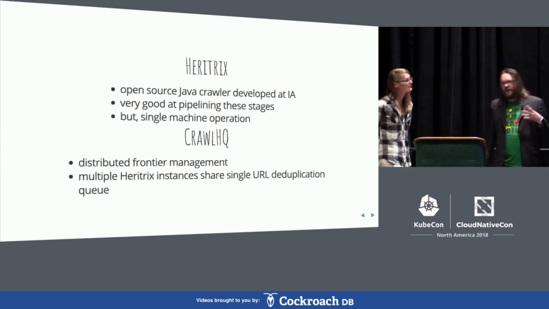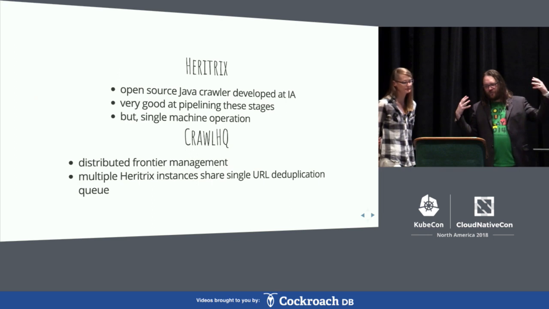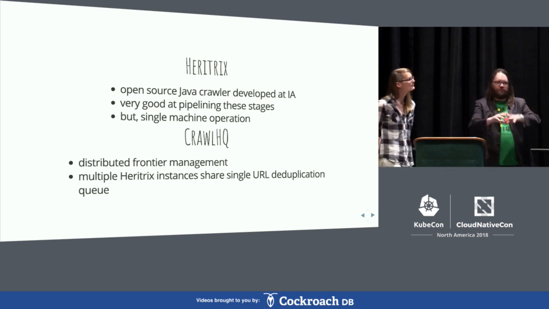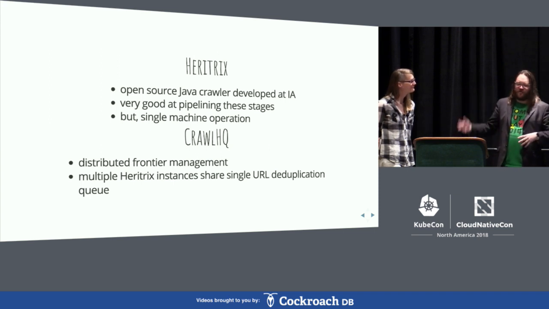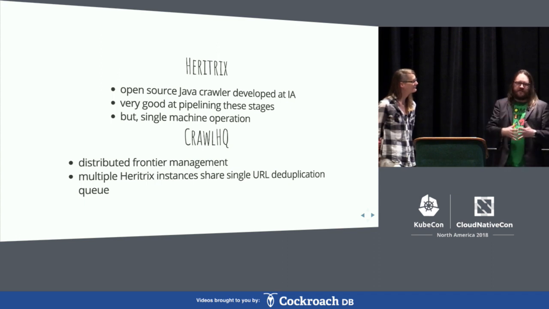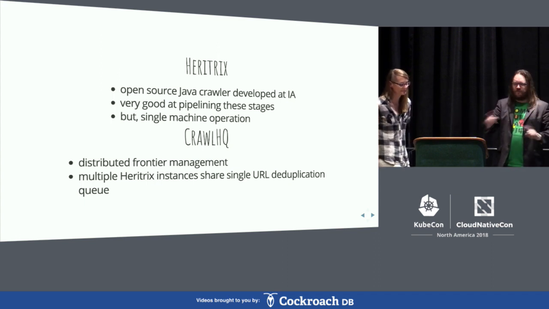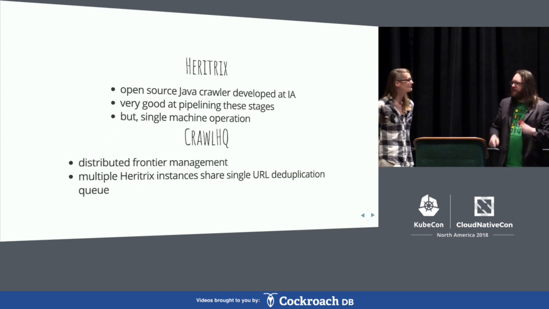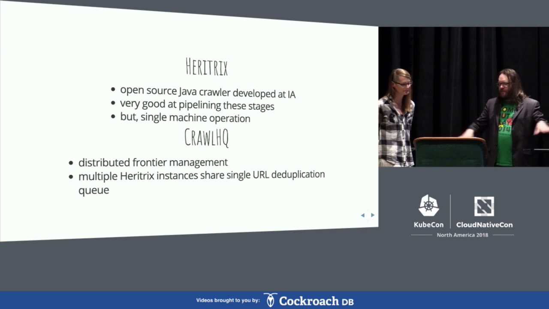Back in 2009, Internet Archive developed its own Java open source crawler called Heritrix. It runs on the JVM and it really is designed for a big machine. And once the web grew to billions and trillions of URLs, one machine wasn't good enough. It's very good at pipelining the stages and really churning fast through a bunch of different fetches and persists and processes like that. But we needed to get inside that loop in order to get multiple crawlers working together once we wanted to expand it and distribute the application.